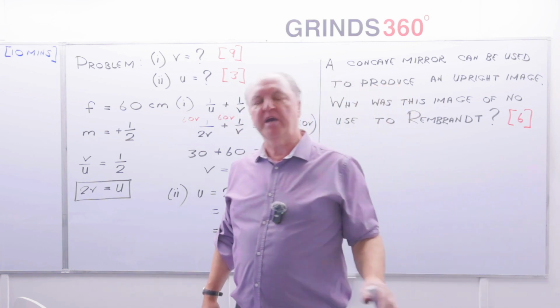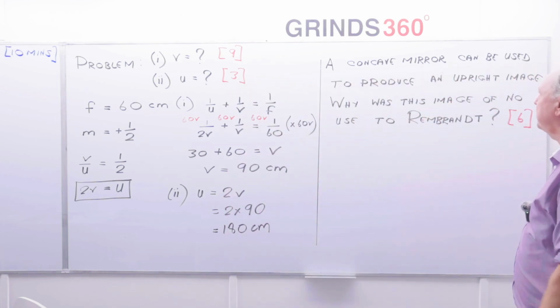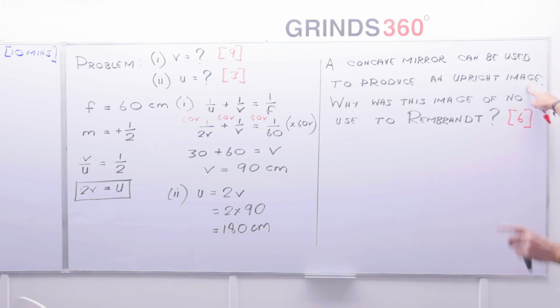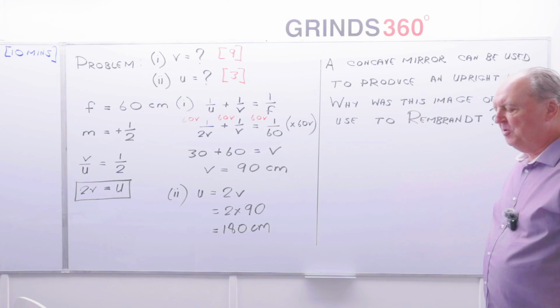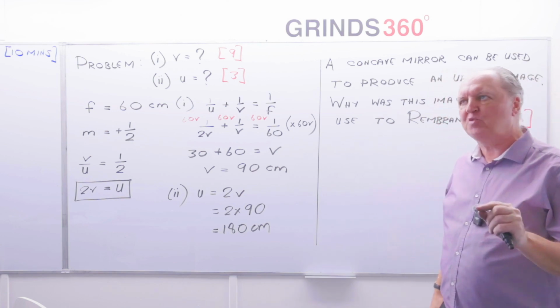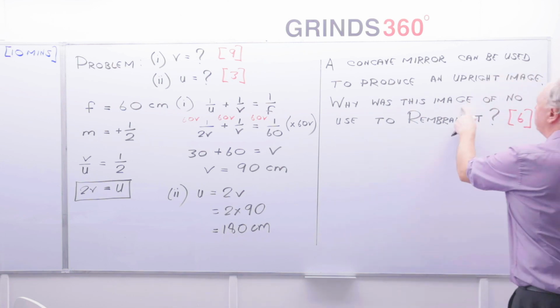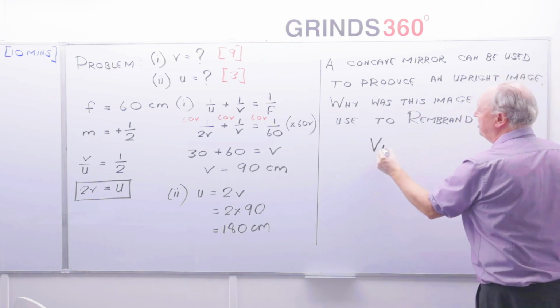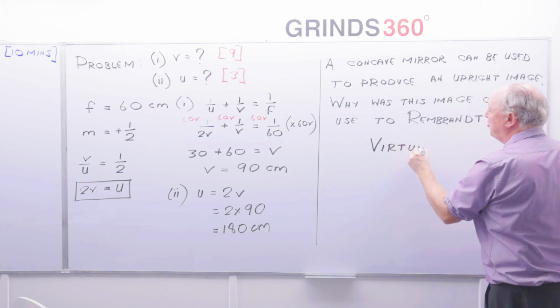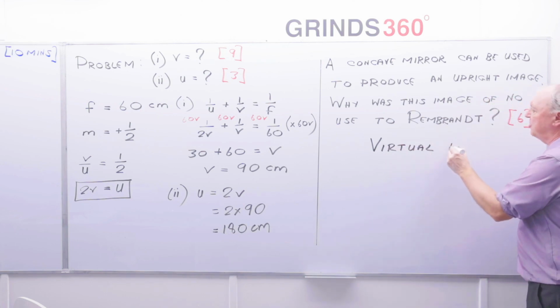And then the last part is kind of one of those real-life applications or SDS parts. So they're saying a concave mirror can be used to produce an upright image. Why was that image of no use to Rembrandt? Well, if I'm going to get an upright image, remember that's a virtual image where the object is inside the focus. So why is that? Well, it's a virtual image that will be formed. All virtual images are upright. All inverted images are real. So it's a virtual image,